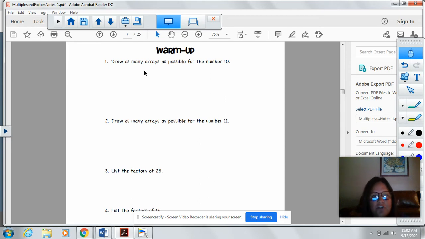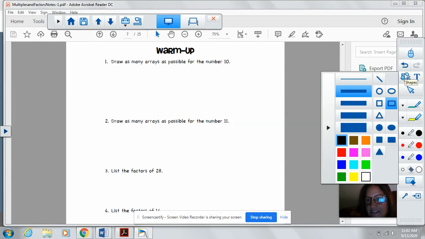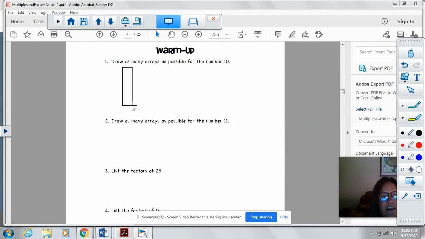Number one is asking us to draw as many arrays as possible for the number 10. As you learned last year, an array is simply a rectangle. Now remember, a square is a rectangle, which means that an array can be in the shape of a square. I'm going to start over here. The number is 10, and all that means is that I am going to use 10